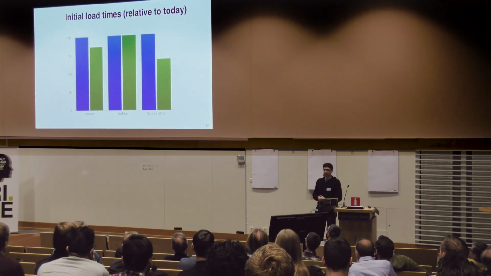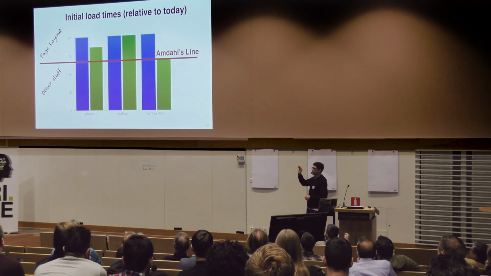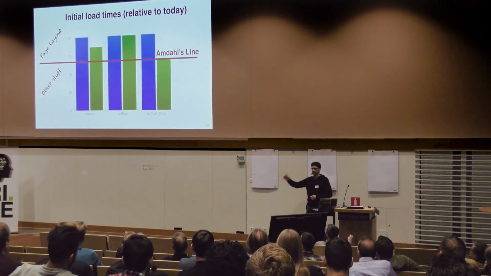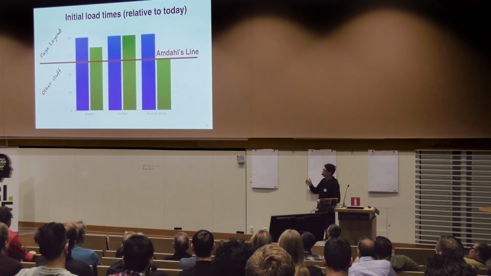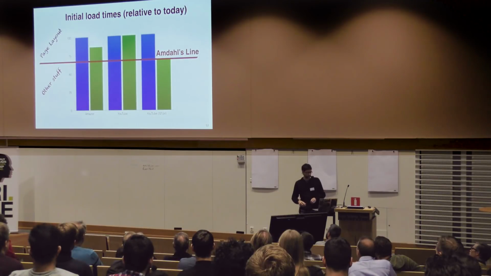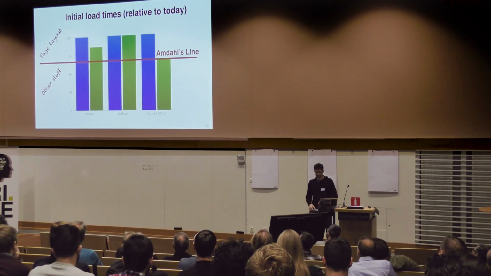Unfortunately, I don't have a lot of measurements. I keep bugging the team to send me more. These are the ones I have. They're pretty good in a sense. So what I have to explain is that these are measurements from the moment the browser starts executing until you see stuff on your screen. And it includes a lot of things. And only a little part of that is the page layout, and only a part of that page layout is the CSS styling, so the part we actually optimized, right? But you can see that there was nonetheless a pretty dramatic effect for some pages. Other pages, not as much, but definitely a big win, especially in browser terms, where it's pretty hard to score improvements on these pipelines.